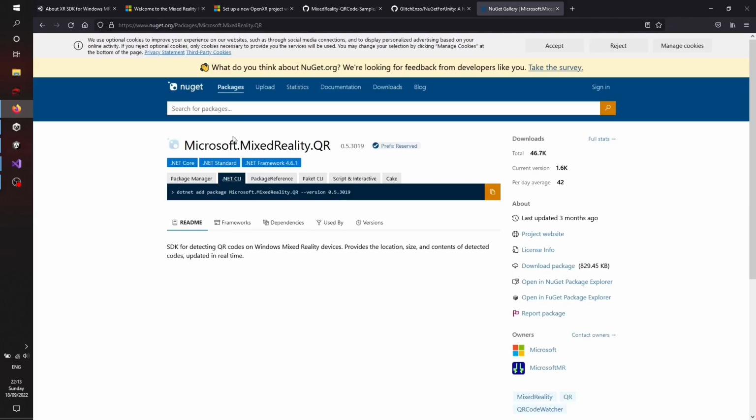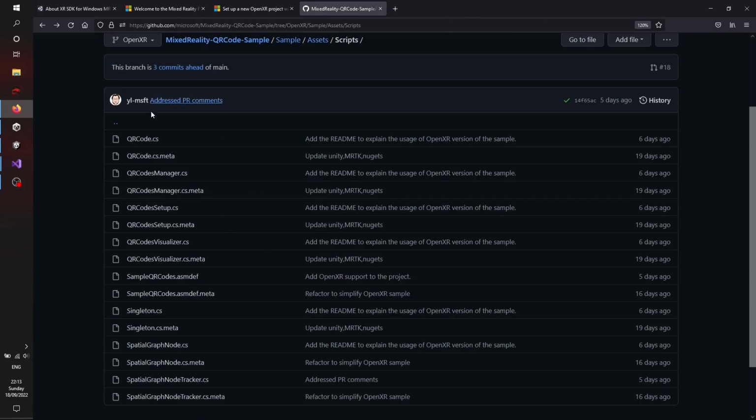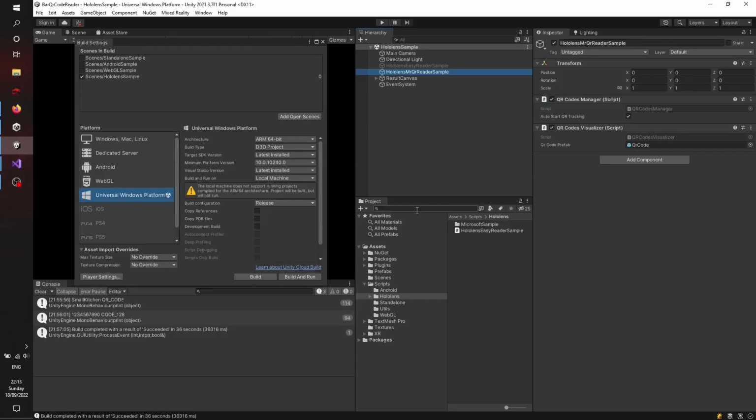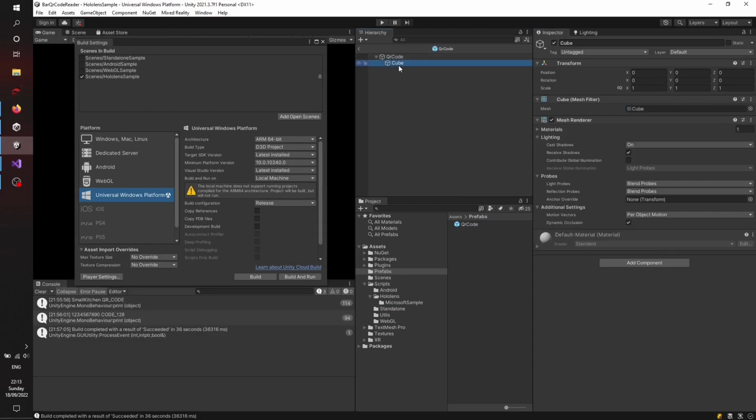Here is the link for the NuGet package, Microsoft Mixed Reality QR. And the NuGet site, yeah, we can close that. That's the code difference. I'll just copy it and insert it into the project, so everything is already here. Here you see the scripts. Codes Manager, the codes visualizer, a script on the QR code prefab, spatial graph node tracker,